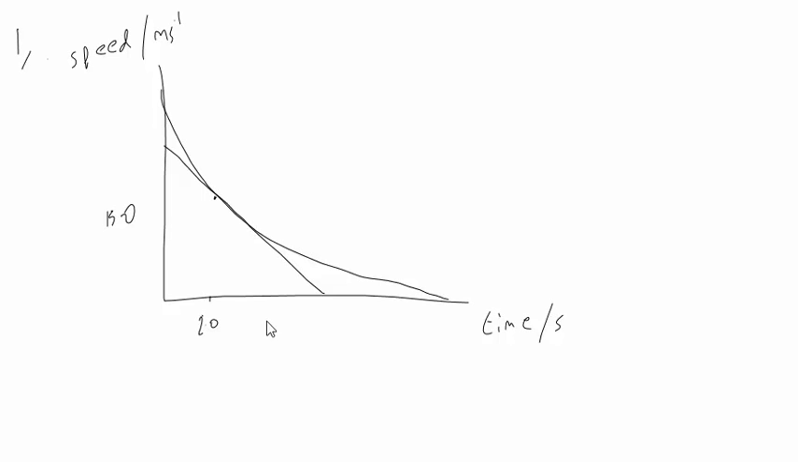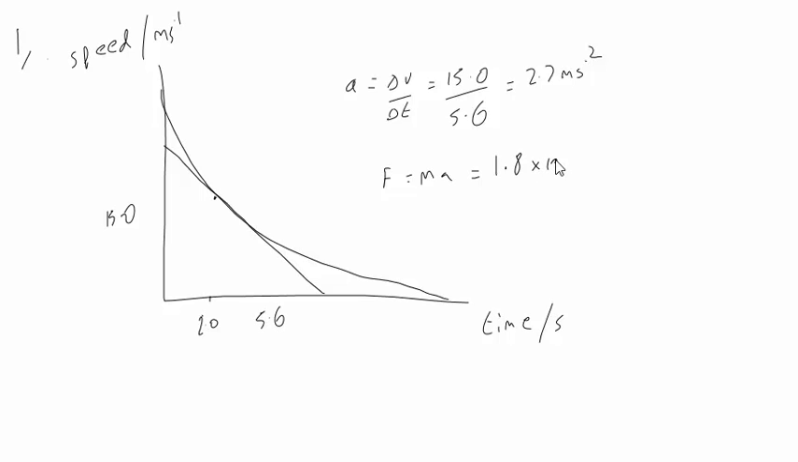15.0 and here to be 5.6 seconds, and so the acceleration is change in velocity over change in time, which is 15 over 5.6. You'd get slightly different figures probably, which comes out at 2.7 meters per second squared. We can then use F equals ma. We're given the mass at 1.8 times 10 to the 4 kilograms. Multiplied by our acceleration we've just found at 2.7 gives a force of 48600 newtons,